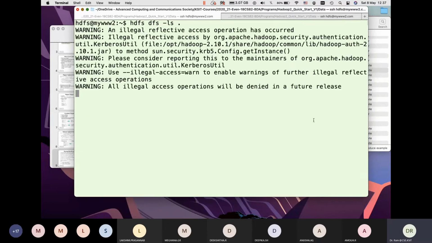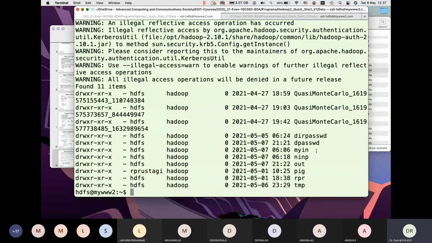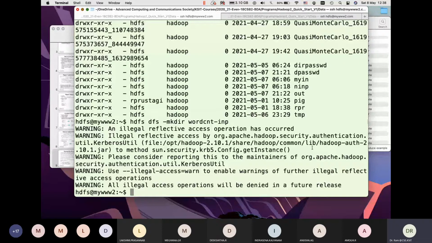Look, there is no directory. I'll create a directory and copy the file there. So let's say HDFS, make dir, sorry. And then I copy the file which I'm going to look at. I can say HDFS. You can take any input file whichever you like to put.